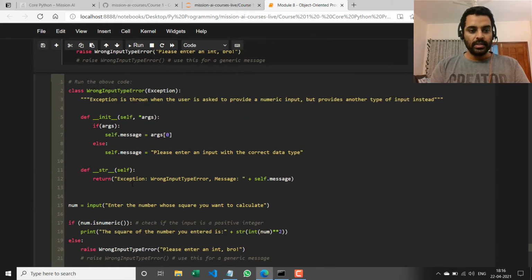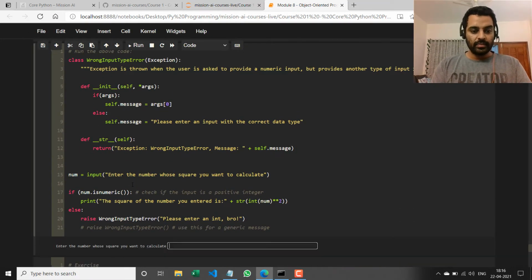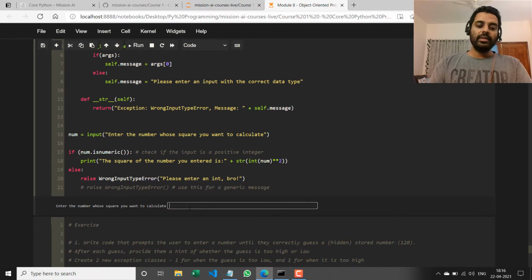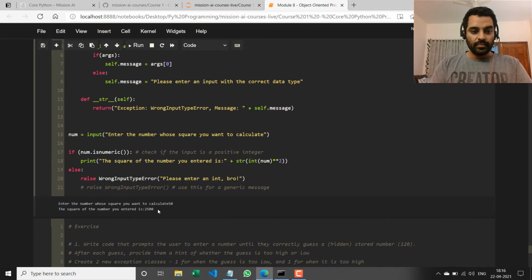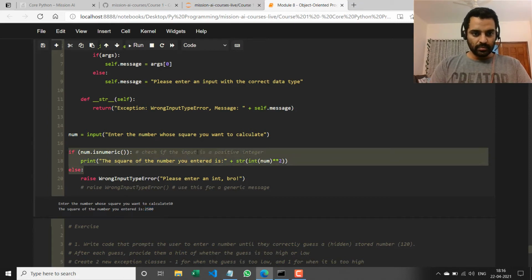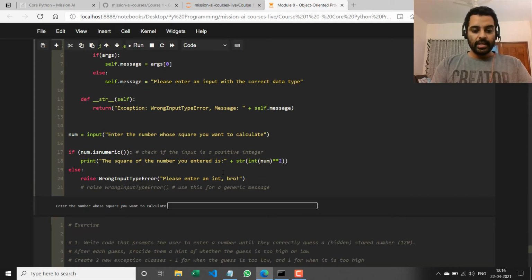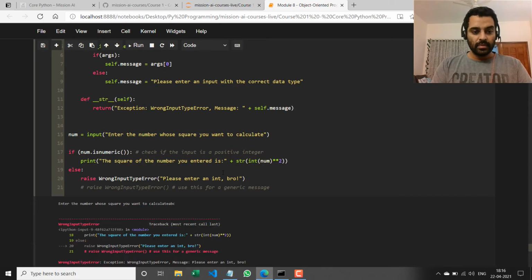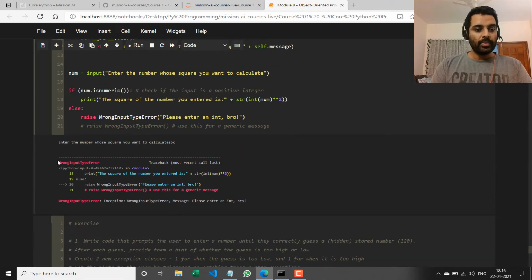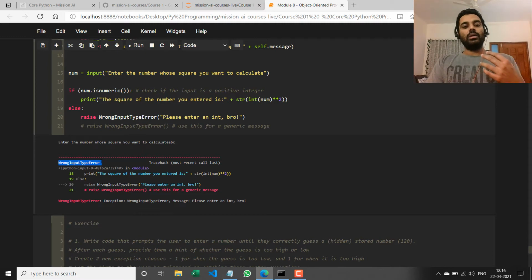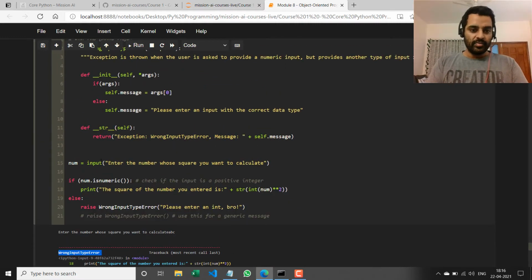I'm going to paste it here. If I run it, if I enter a legitimate input, let's say 50, it gives me the square of 50, right? Which is here. But if I enter a wrong input, let's say I run it again and I say ABC, right? It throws a wrong input type error, which is a new custom class that I have defined, right?